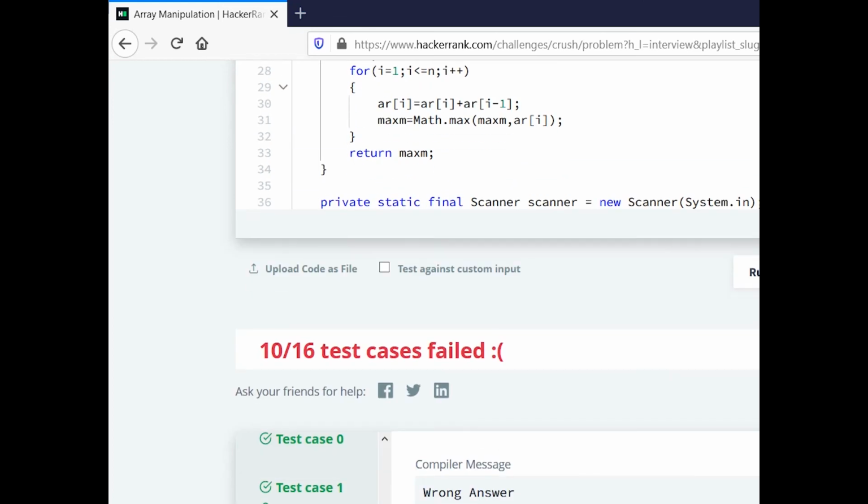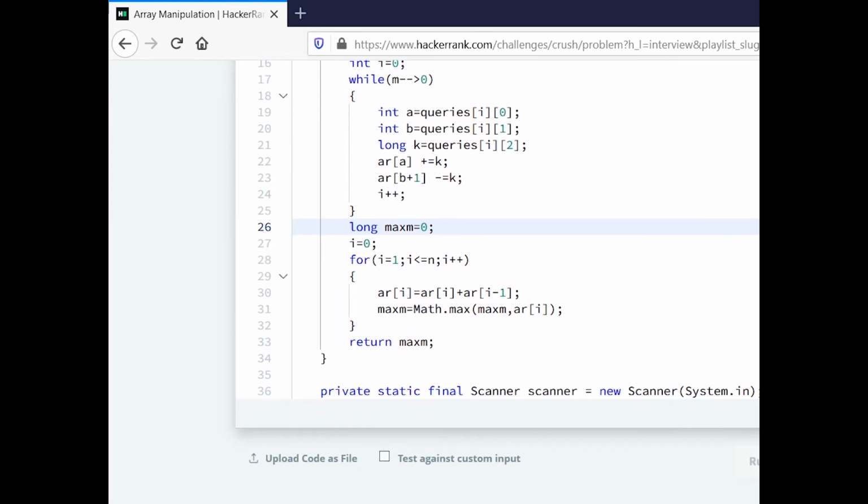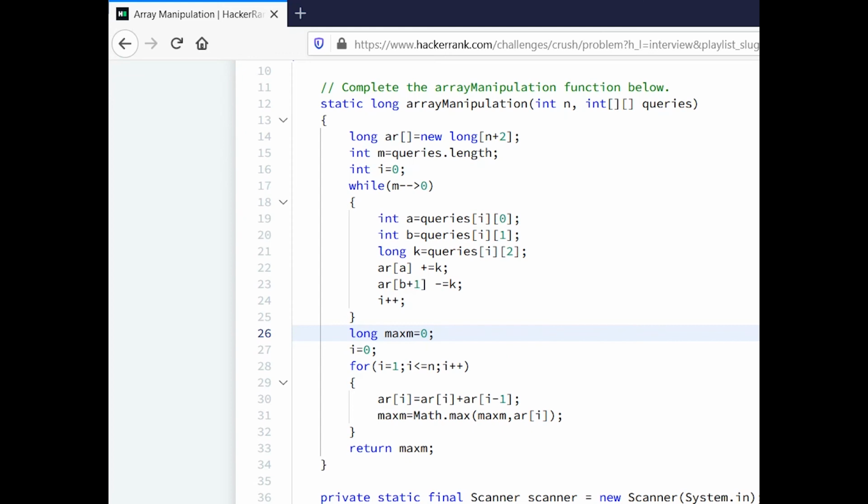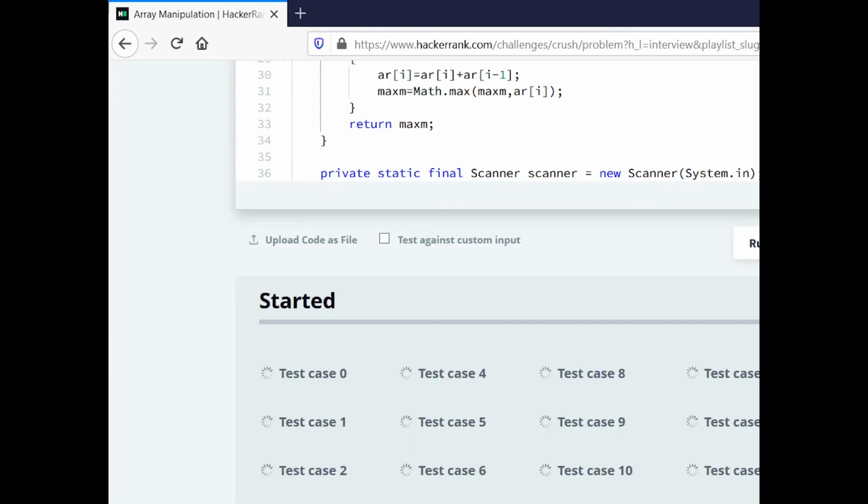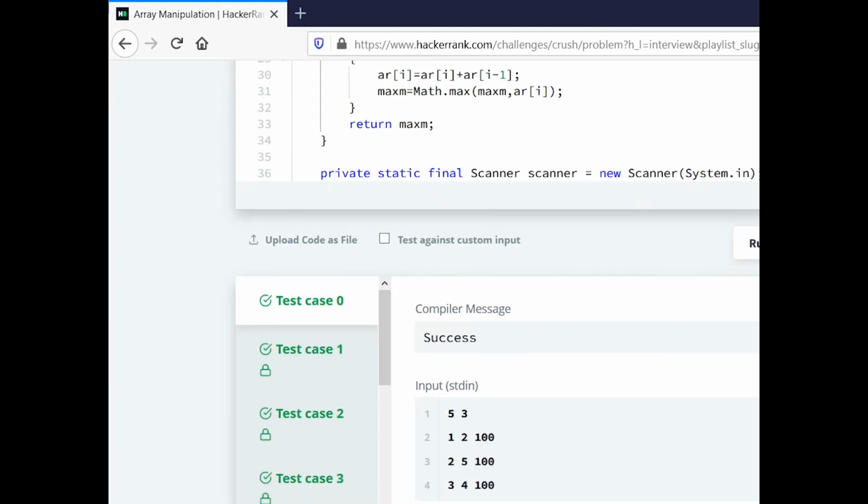So I guess we are good to go now. Let's check for the final answer. Yeah, so we have solved this.